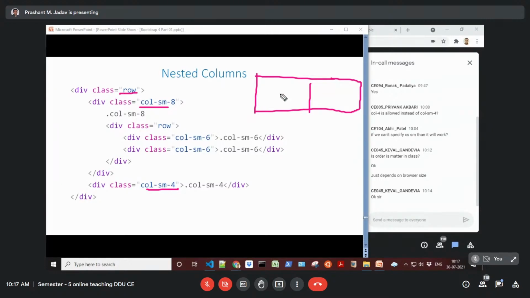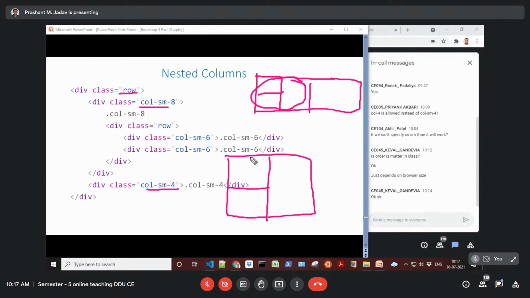So this is also a row. It can be treated as one row, and it is also further divided into two columns. So likewise, you can have any kind of nesting. You can divide the screen into something like this, say equal, and then you can have this divided into this, any way you want to divide or set up the layout. So a complex layout is possible.